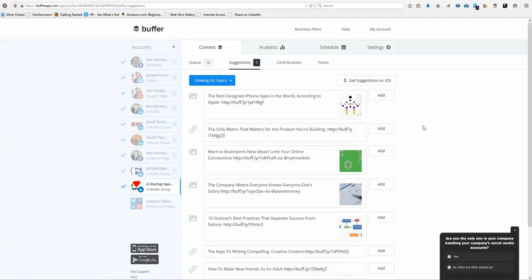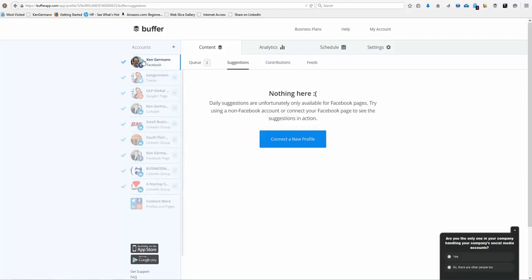So what I love about Buffer is it's super easy to work with. With Buffer, it's like $10 a month or $100 a year. You can set up all these great things in Buffer as far as your social media connections. And in this particular case, what I've done is, with Buffer, I have the ability to have my content. So if I select Facebook, this is my personal Facebook,